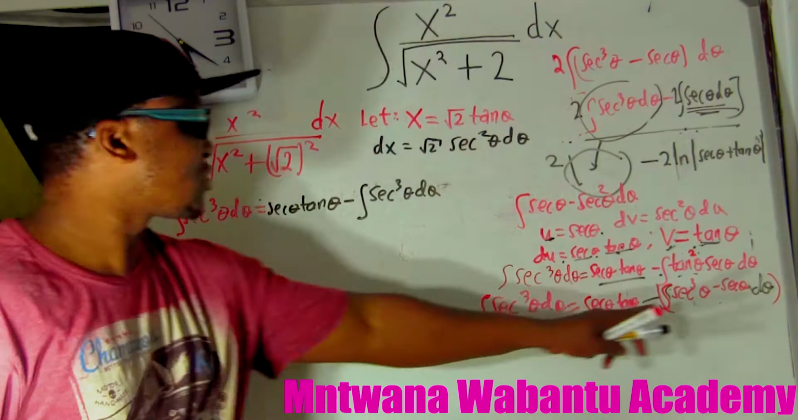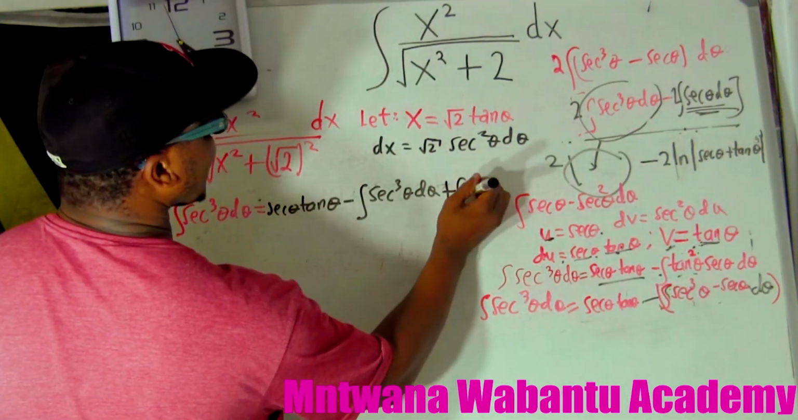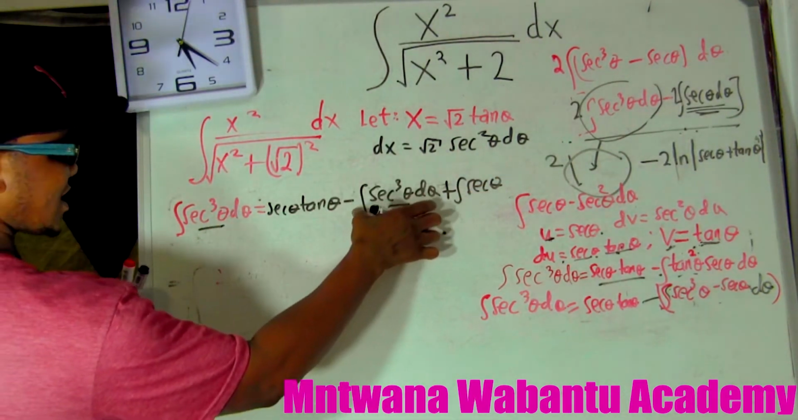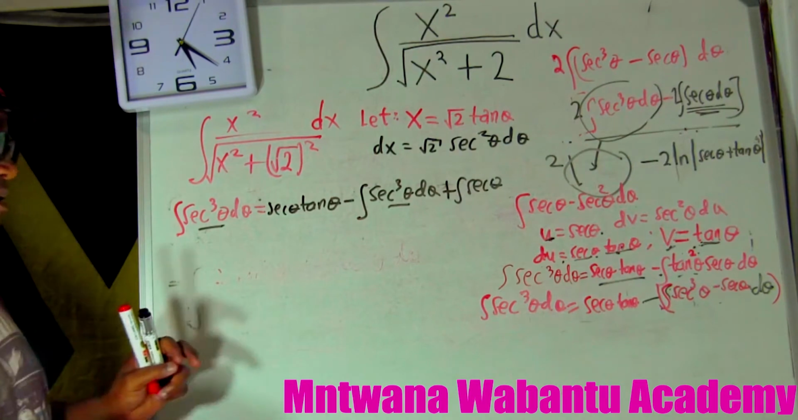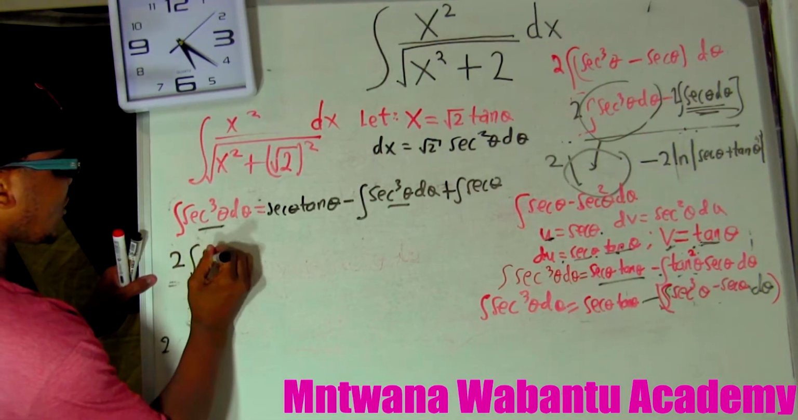You understand what I'm saying? And this is going to become plus integral of sec theta. So what happened? These and these are like terms, so I can just simply check these to the left. So integral sec cube, integral sec. So there's going to be two of them, 2 of integral of sec cube